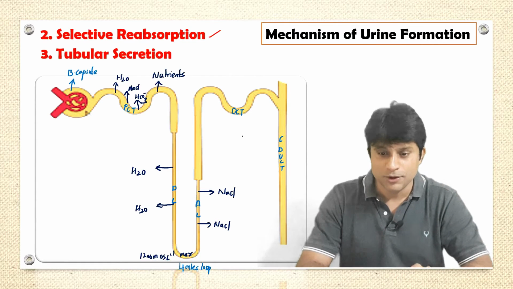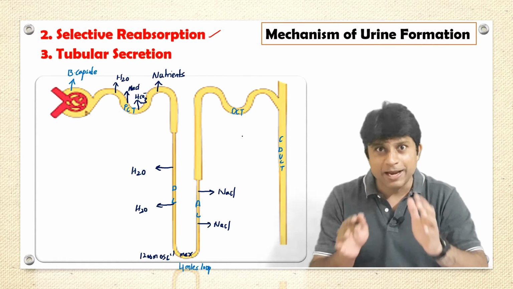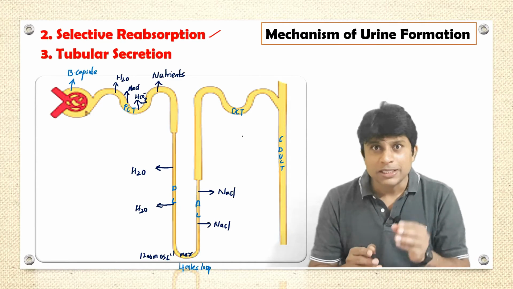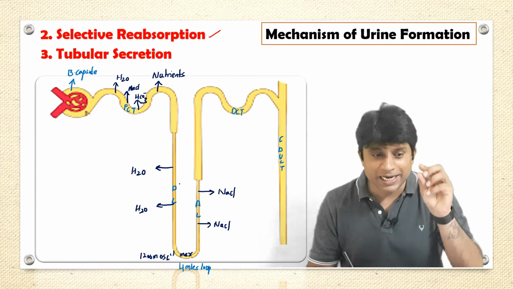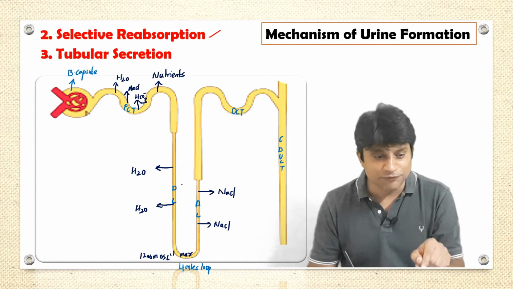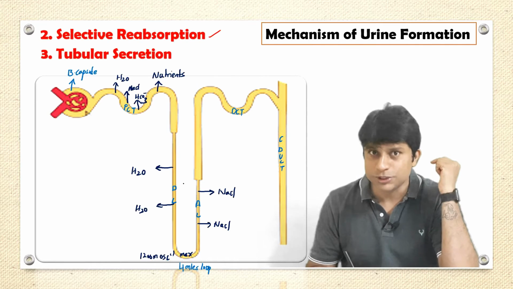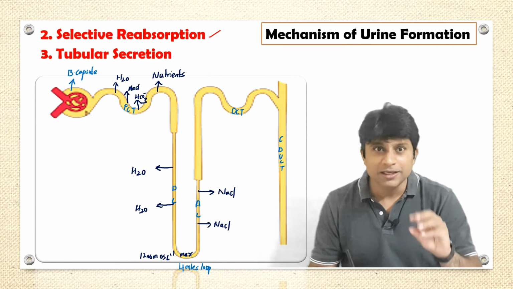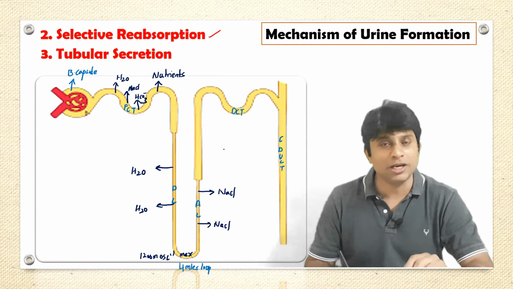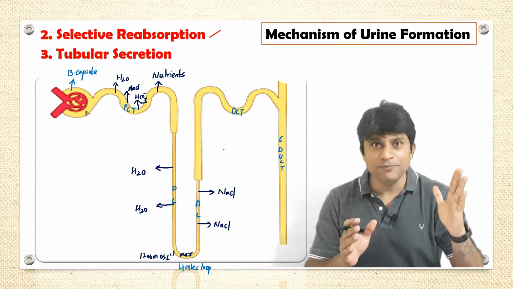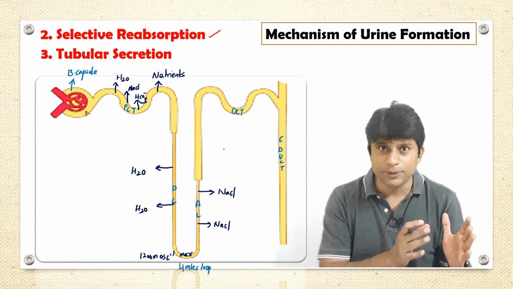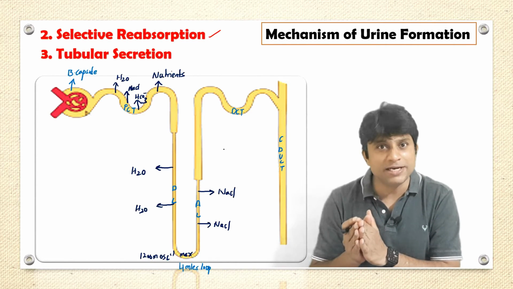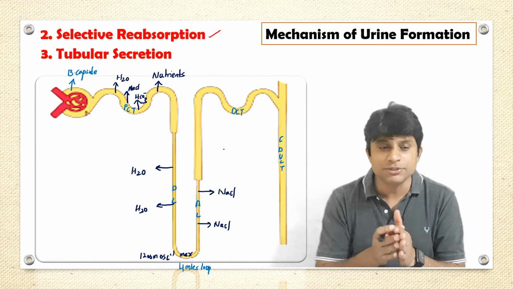So, as a result, only salts are reabsorbed and water is not absorbed from the ascending limb. The concentration of the renal fluid decreases all along its length from the inner medulla to the outer medulla. So the renal fluid concentration in the ascending limb is hypotonic. In the descending limb, the concentration increases, and in the ascending limb, the concentration decreases because its membranes are impermeable to water, so it becomes hypotonic.